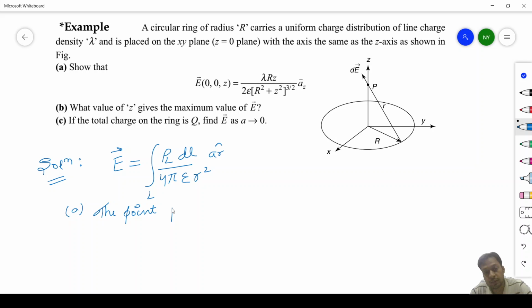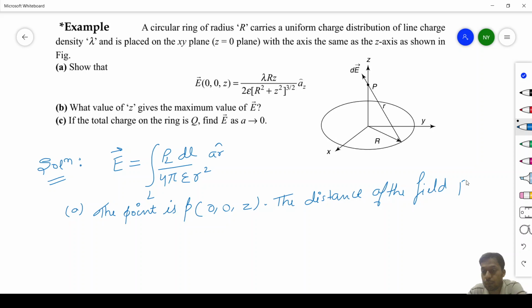Therefore, the distance of the field point,